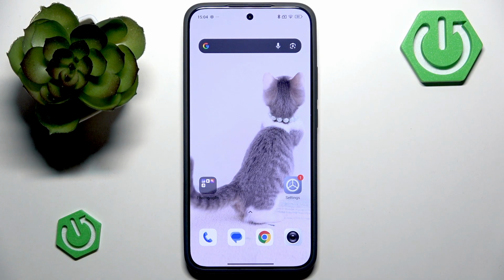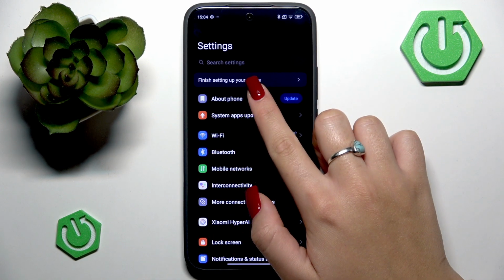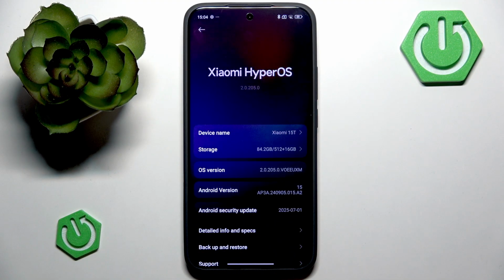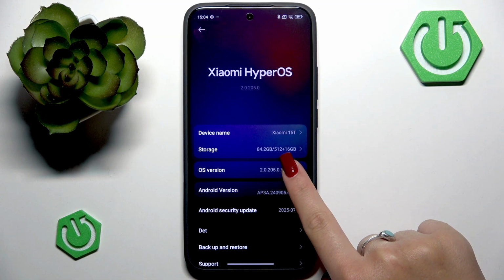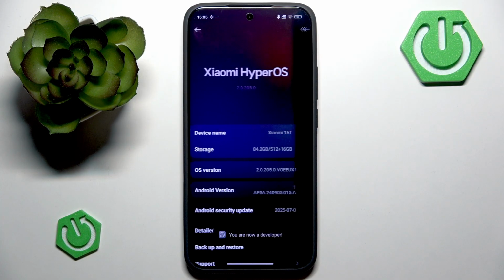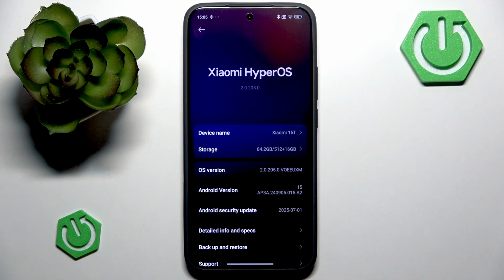Is activating developer options. You have to open settings, and at the very top of your settings menu you should find the section about phone and find your OS version. This line, you want to tap on this line repeatedly very fast like this, and now you'll be prompted to draw your pattern, so you want to do that. And you see this little message, you are now a developer. So we have enabled this developer